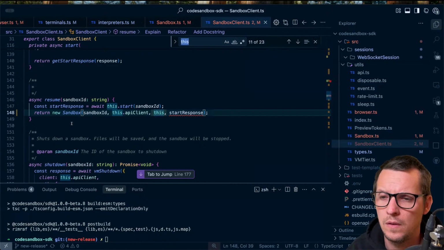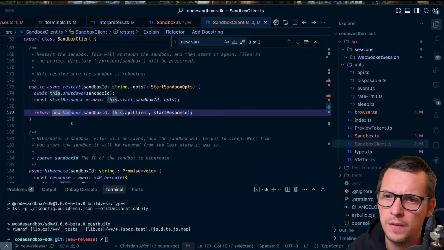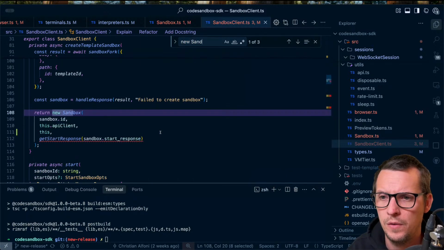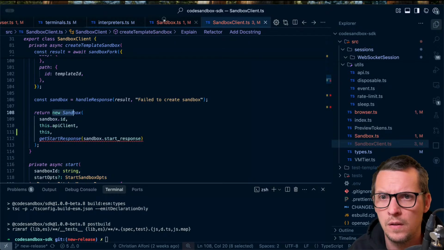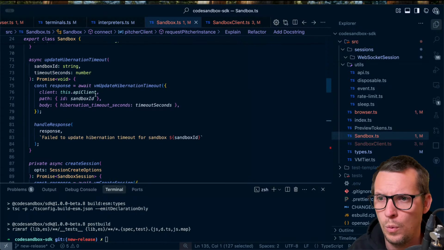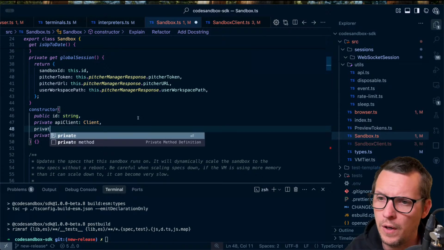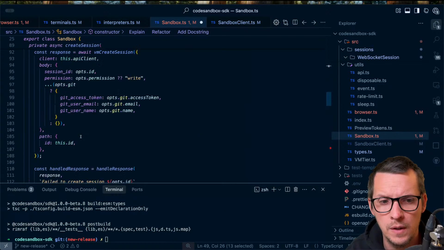This. Yeah, we have to do this. Do we have other new sandboxes? No, all of them are passing the. So that would be private sandbox client. And then we can say,